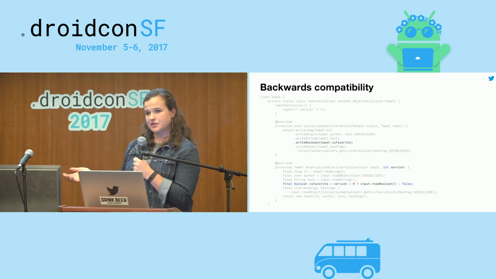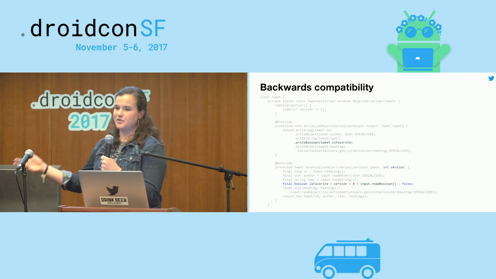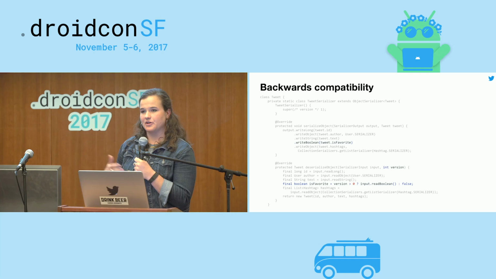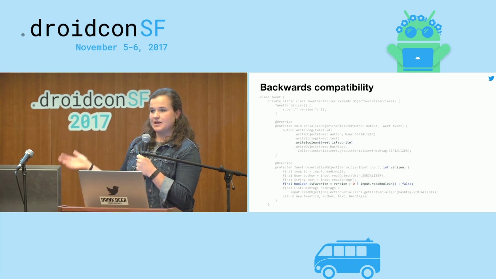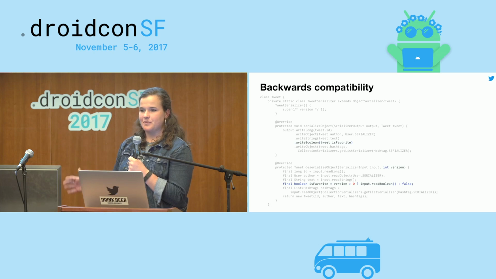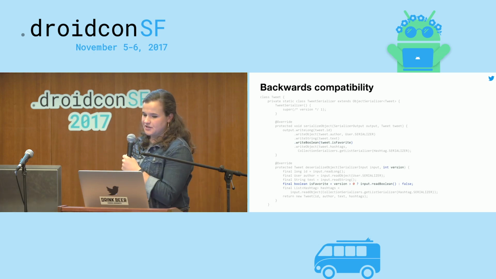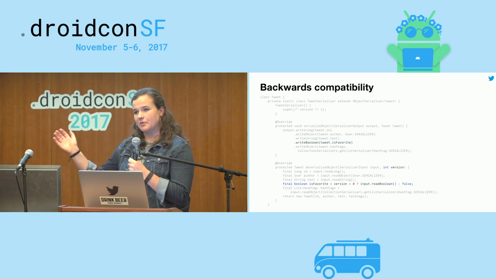And what we can then do is, when we deserialize this tweet, we would read from this header and figure out what version we're looking at. And then in deserialize object, use the version number to actually decide what to do about that field. So if you see at the bottom here, if the version is greater than 0, so from version 1 onward,